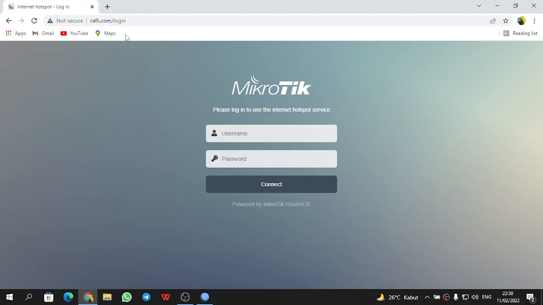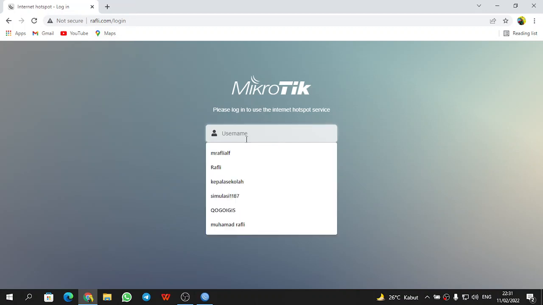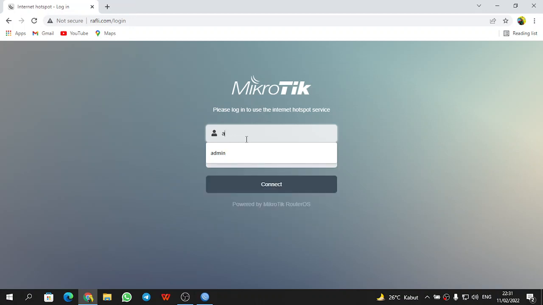Okay, if that is done, it actually means it was a success, and we try to log in. For the username I made admin, and the password I use is 123.